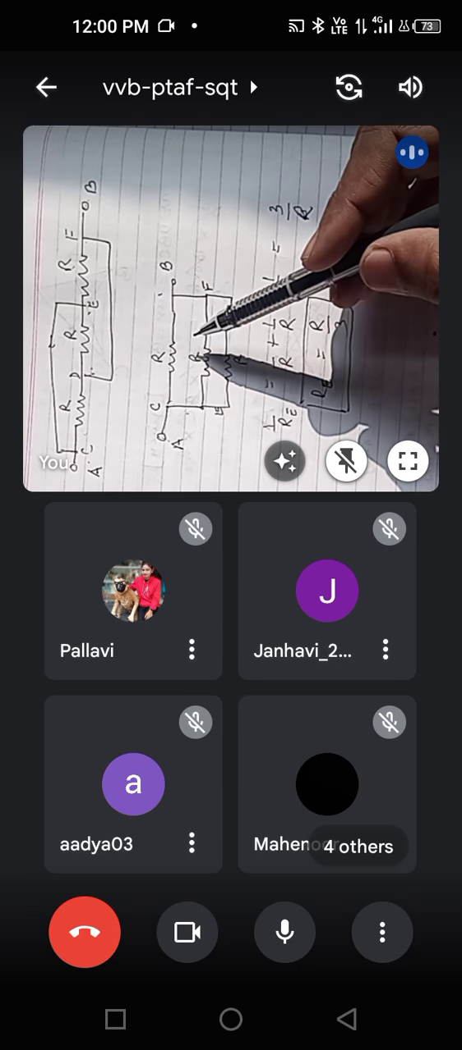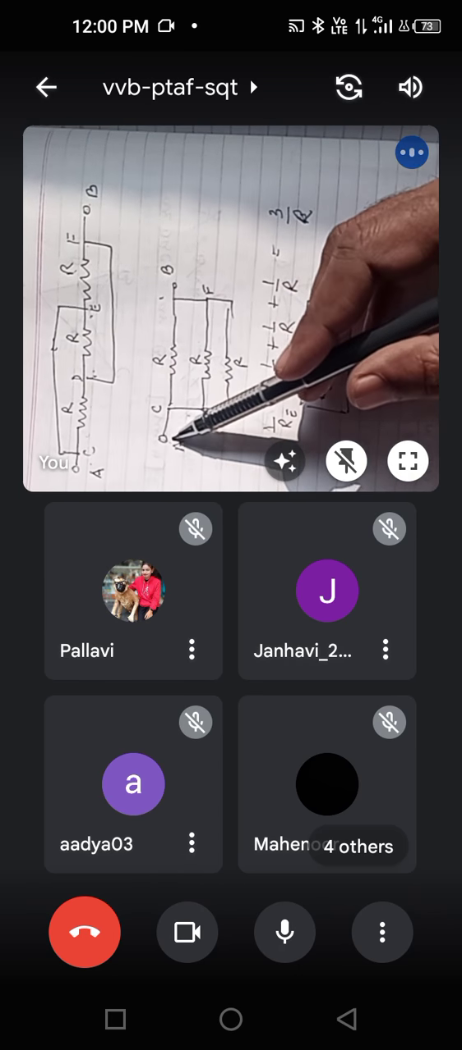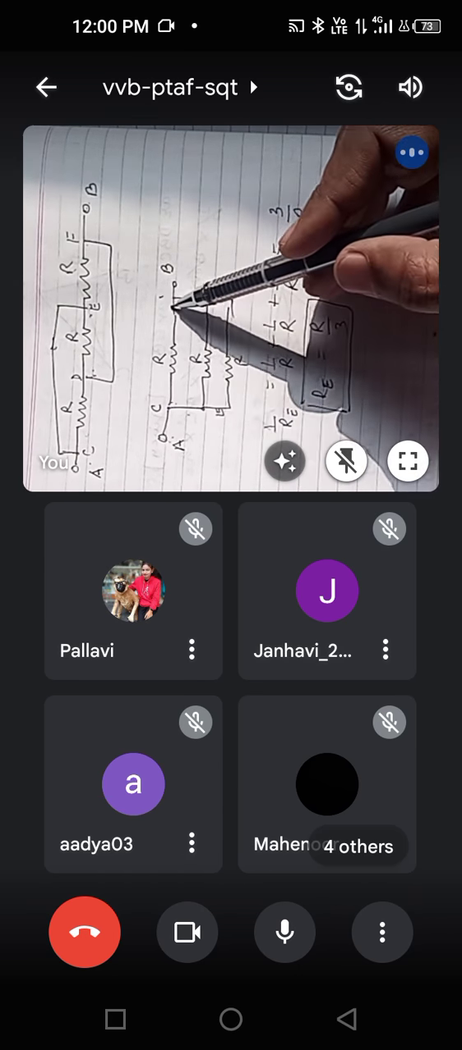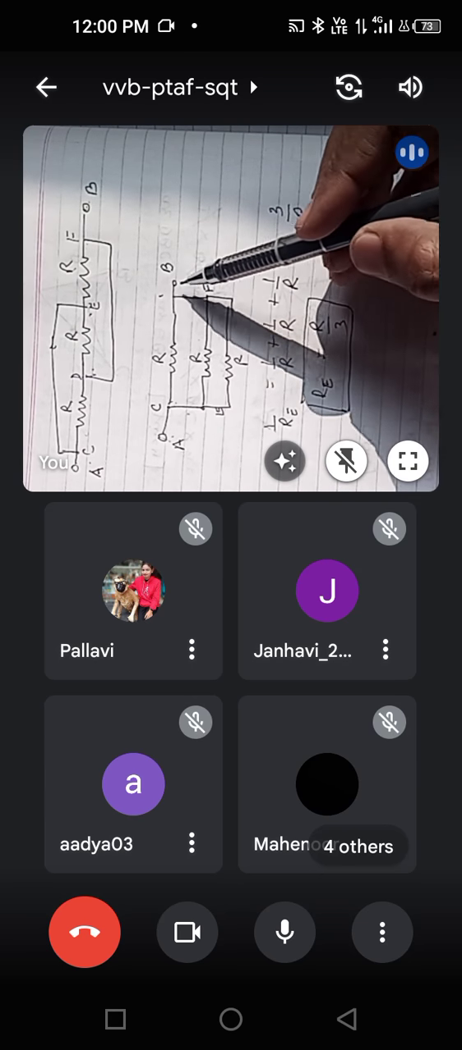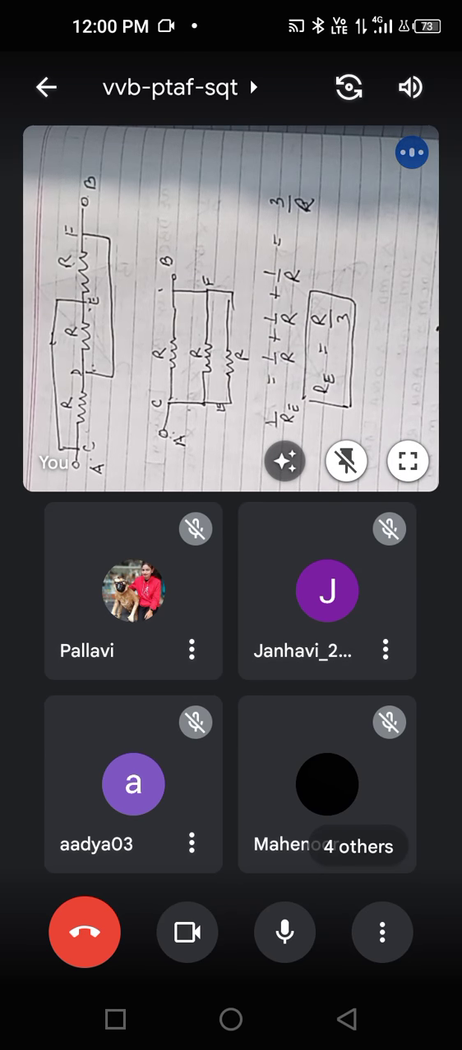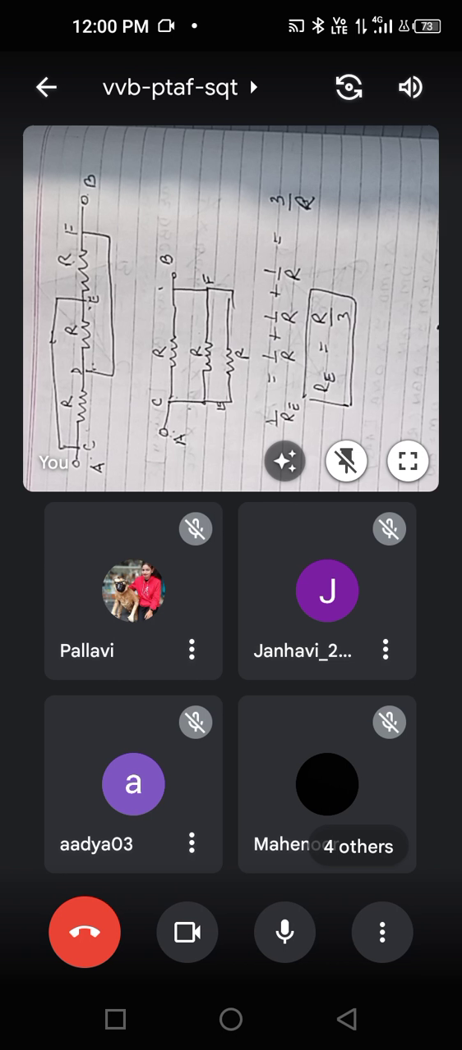This is the proper circuit diagram of this, starting from A going to B: first resistance, then second resistance, and then third resistance, and finally you get this. Okay. Next question you see,